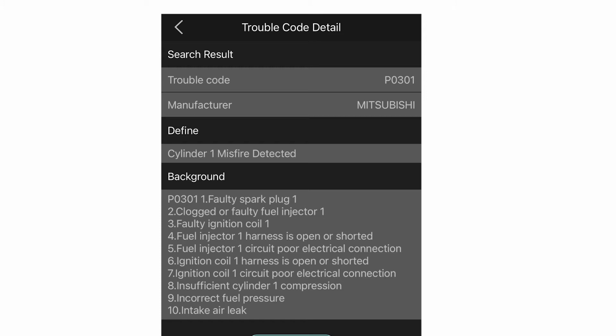It could also be the fuel injector, the ignition coil, or a shorted or open electrical connection or some of the plugs, or it could be the compression. Let's not hope for that. It could be the fuel pressure, or some problem with the air intake.